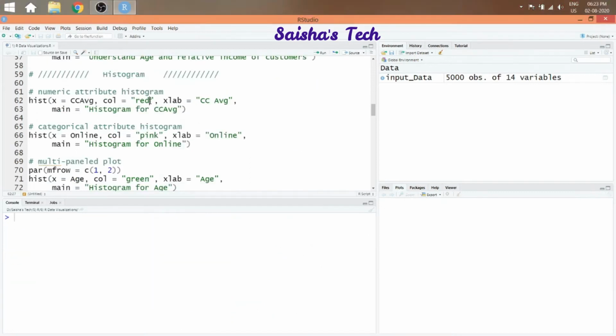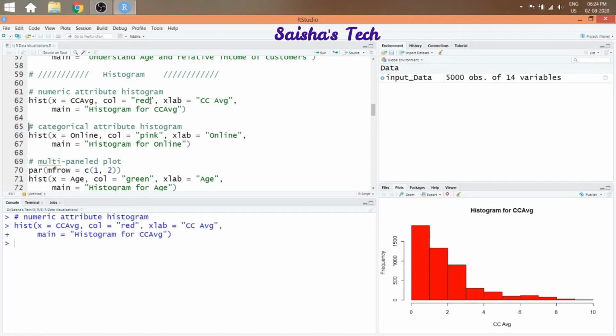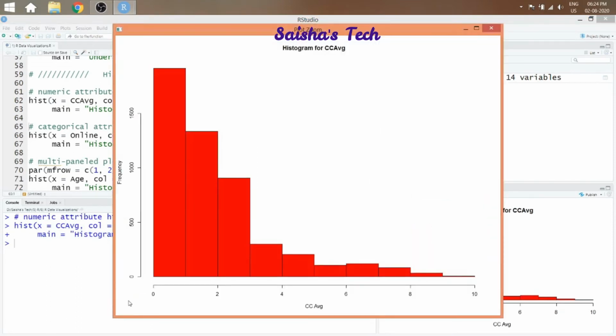As discussed, histogram is a distribution type of data visualization technique. In line number 62, we are analyzing histogram graphs of the CC average numeric attribute. This technique performs width-wise binning of data and displays output as shown in the graph. Here you can observe in each bin the min and the max value difference is similar or equal. Here we are able to observe that customers with the CC average between 0 to 1 is higher as compared to 9 to 10. The plots help us to conclude these inferences.